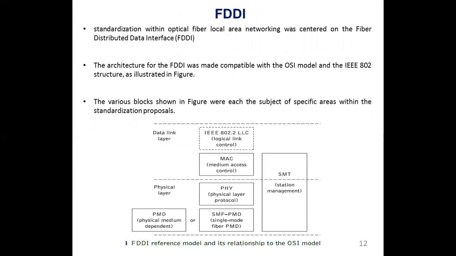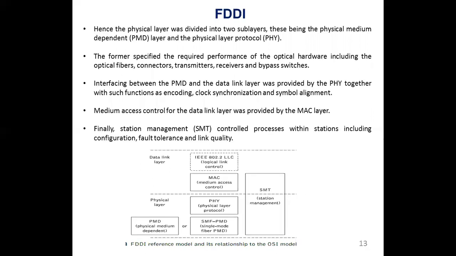Right? So you'll have the physical medium dependent layer, where you'll have the single mode fiber or polarization mode dependent fibers, and the physical layer protocol. Then you could have the MAC layer for error correction and error detection, and then the logical link control, and so on. So it basically matches the OSI model. The physical layer was basically divided into two sublayers: the physical medium dependent and the physical layer protocol. The protocol will be used to carry the data over the physical medium, and the medium will obviously be the optical fiber.